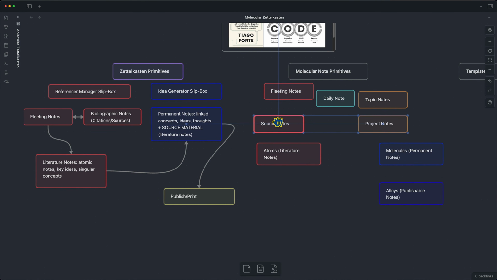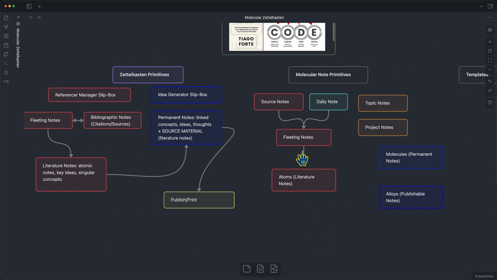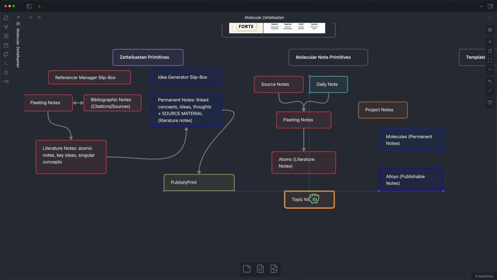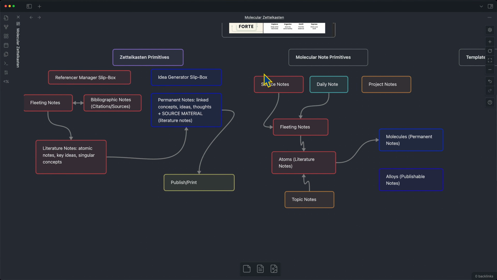My fleeting notes come in two different categories, and both of these are capture methods, the C in CODE. Then after going through my fleeting notes, I extract the key insights into atoms, which are the equivalent of literature notes in the Zettelkasten system. And I apply topics to my atom notes. Then I go through and pull out the key insights that I've derived in the atoms. Then, inside of my source notes, I also include fleeting notes. So, for example, if I'm writing down a quote, I might take a note alongside that quote. In that case, it's not necessarily a fleeting note as it relates specifically to an atomic note as part of the reference manager system, but it's actually a thought or idea.